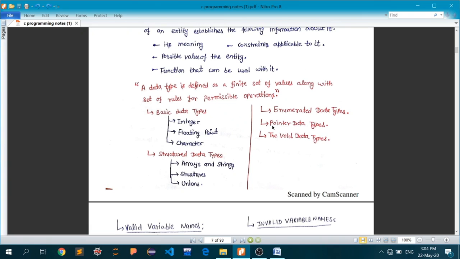I will not be able to explain what pointer data types are at this point, but when we come to unit 3, you will be able to understand what I'm talking about. At this point, I can only tell you that pointer data types are not used to hold the values, but to hold the address of the values in the variable itself.